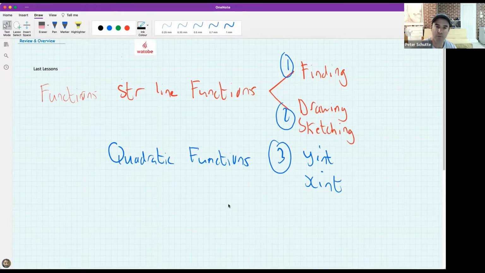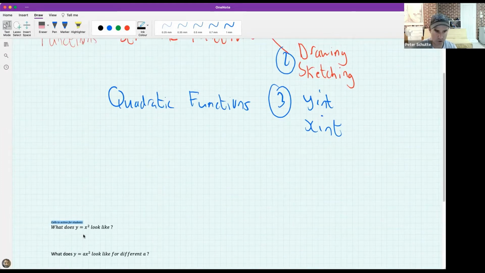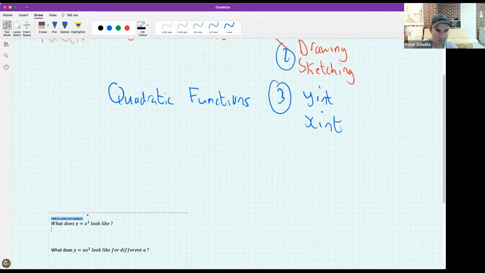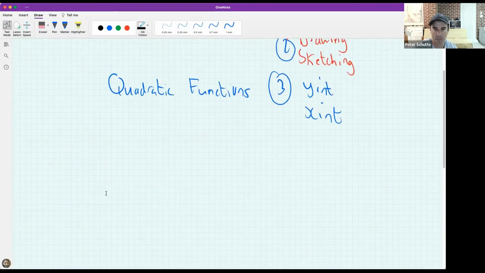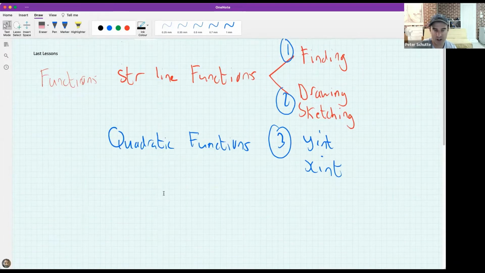But before we do that, I want to ask you, what is the most basic straight line? What is the most basic quadratic function that you guys know about? So maybe if you can put your hand up and tell me, or pop it in the chat. What's the simplest straight line? Sort of straight line. What's the simplest quadratic function that's possible? Pop it in the chat. Or put your hand up and I will gladly